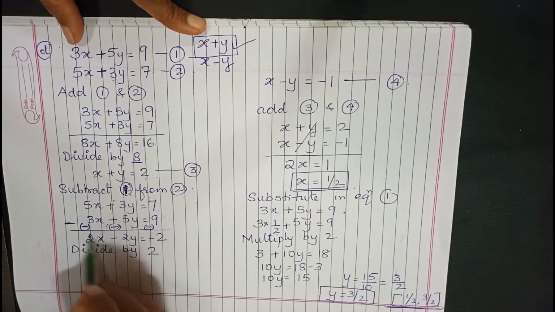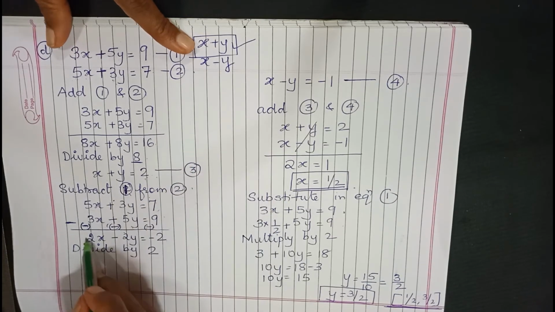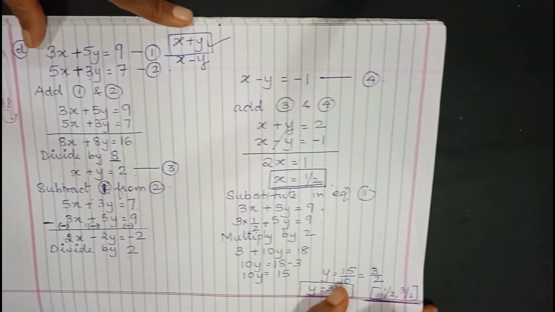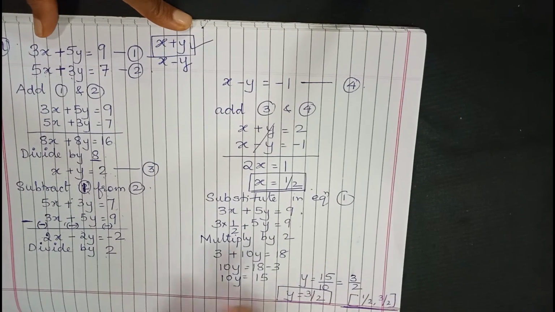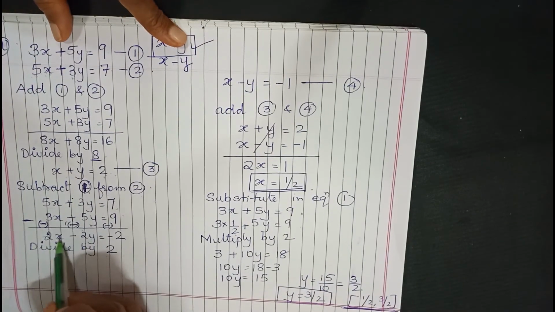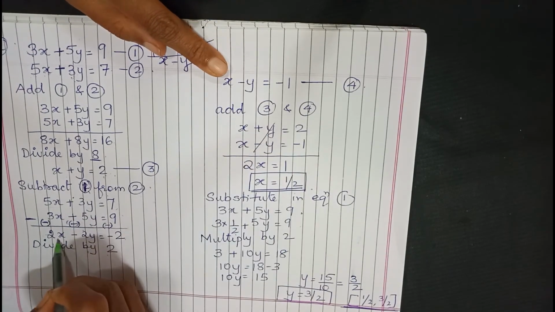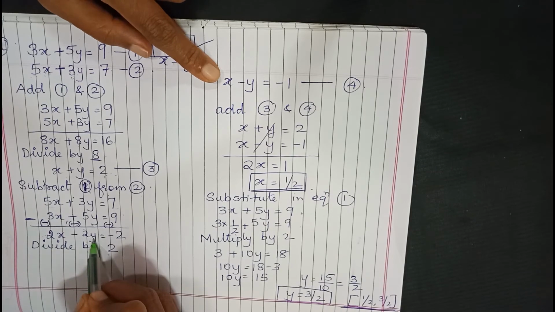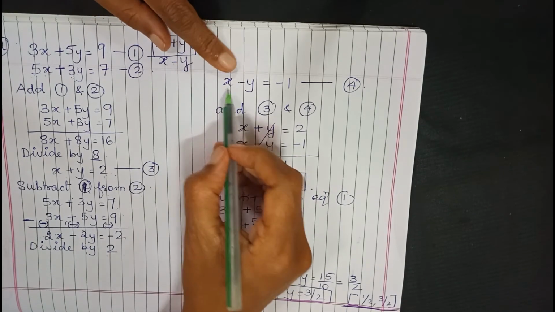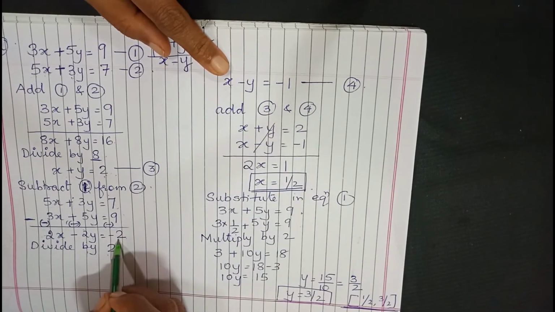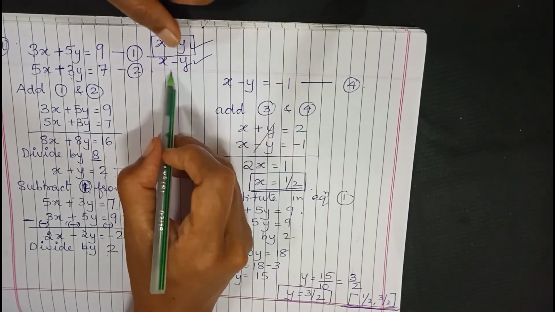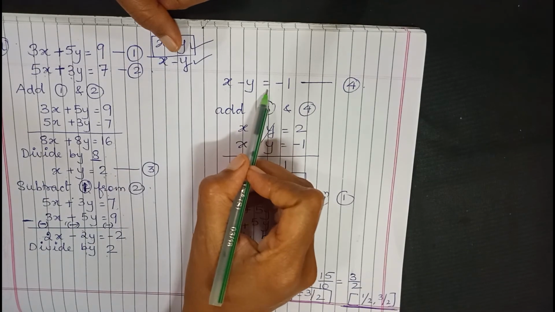Again, you can see here, to get x minus y, I don't want this 2. So what we do is we divide this whole equation by 2, that is, not only the LHS but also the RHS. Then when you divide this by 2, the 2 goes, only x remains. When you divide this by 2, the 2 goes off and what remains is y. So you get x minus y, and minus 2 divided by 2 is minus 1. So here you can see we got the value of x minus y also.